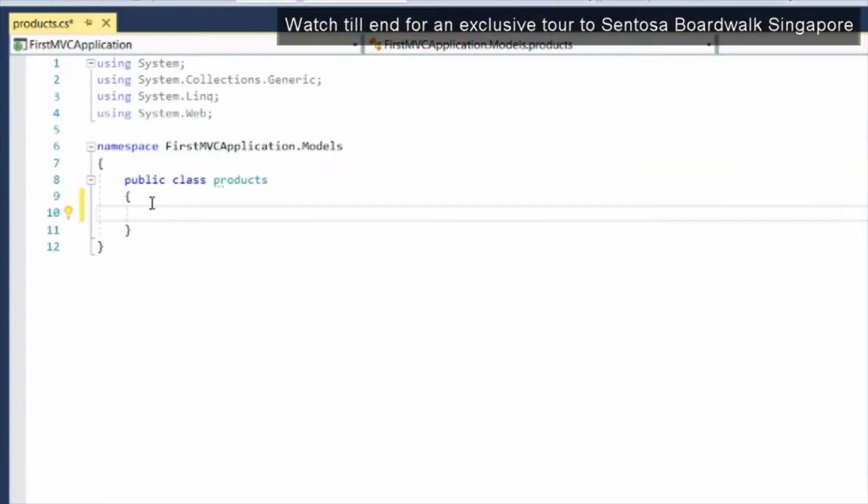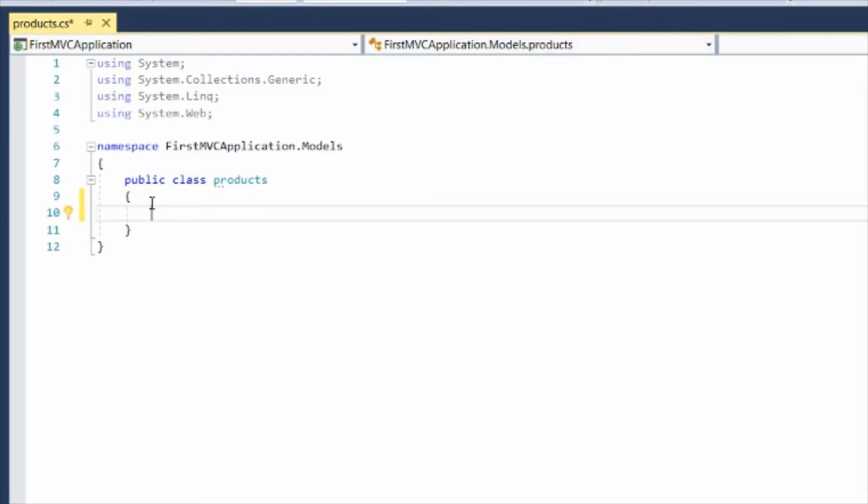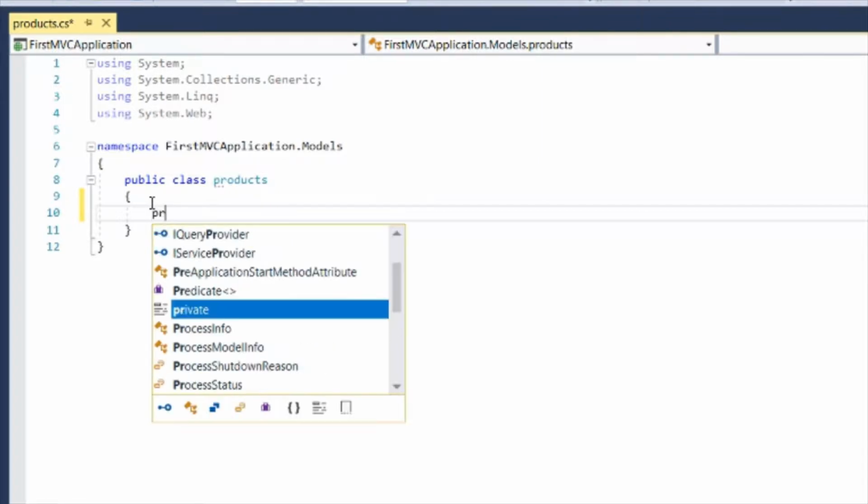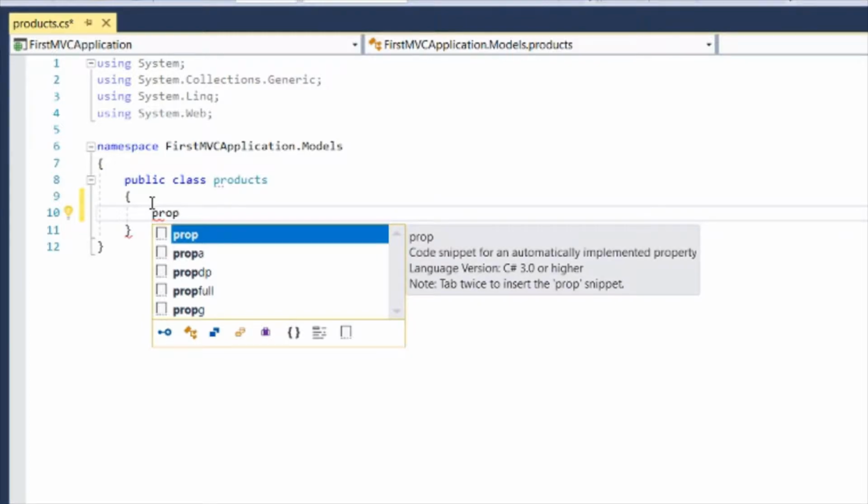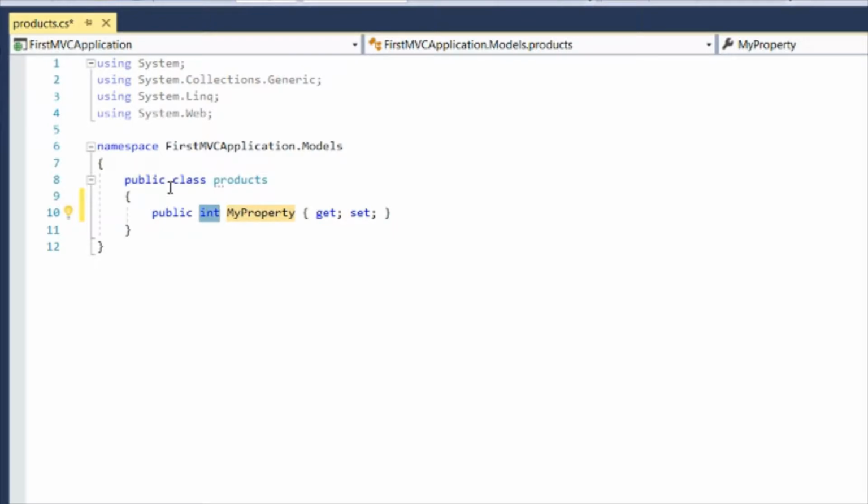Once the product class is there, we're going to create some properties of this product class which may represent columns in your database. Let's say for example the information stored in products is the product ID, product name, and product price. So let's start creating the properties. You can fast track this by using snippets. You just type prop and hit tab two times and you will get the snippet. Let's say it is an int, where I will specify the product